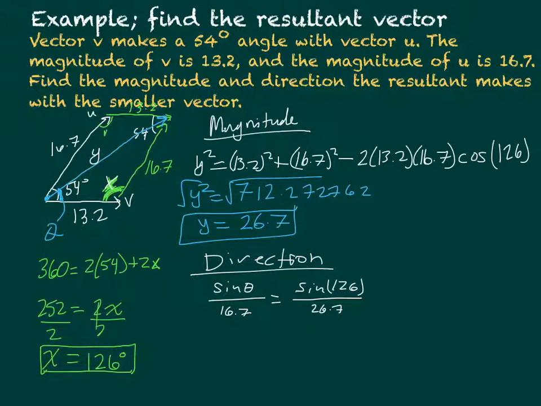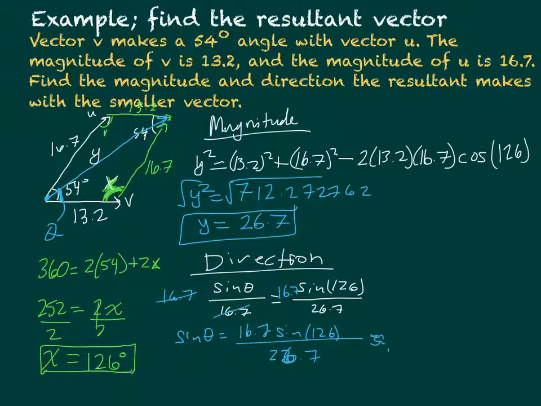Alright, so I'm going to multiply by 16.7, and I have sine of theta equals 16.7 times the sine of 126 over 26.7. So if I type that in, I'll get an estimate answer